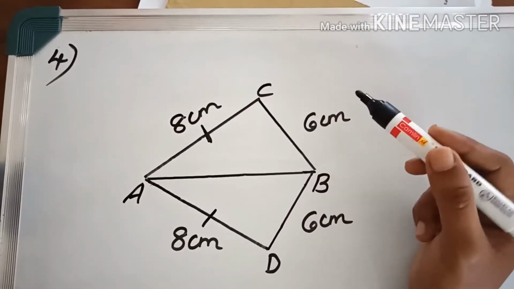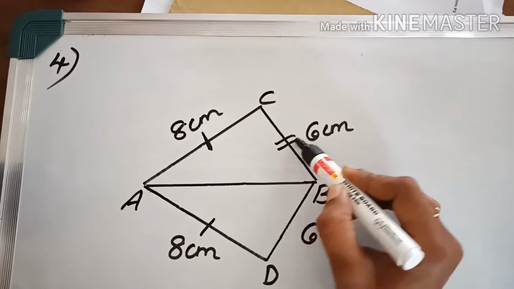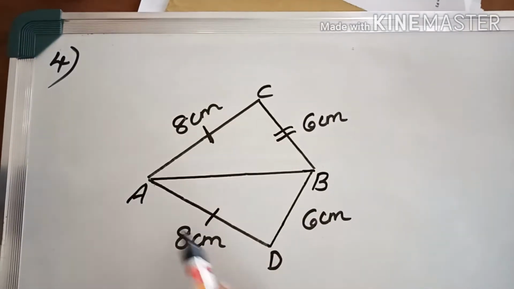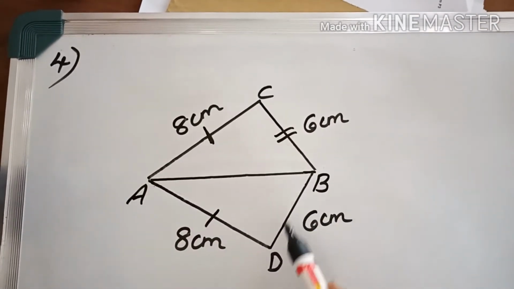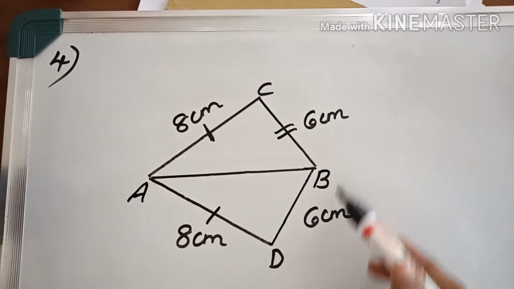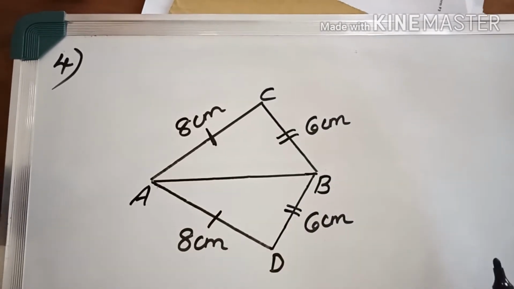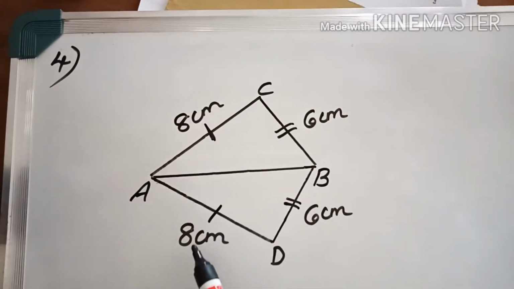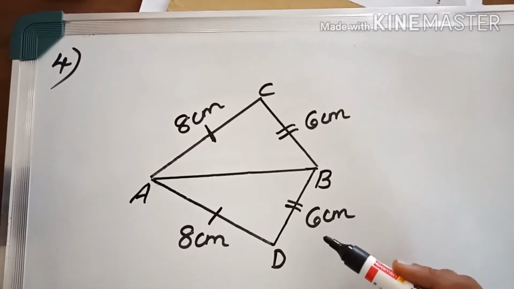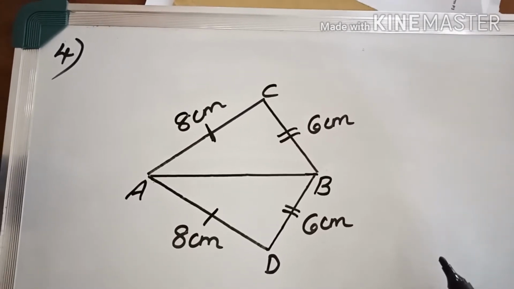Now consider the next side, that is CB, the 6 centimeter side. We can take this side as the second side, 6 centimeter. Now check whether 6 centimeter is here or not. In the second triangle ABD, you can see that 6 centimeter side. The same 6 centimeter side is here in the second triangle also. So the second side is also the same. First side same, 8 centimeter here, 8 centimeter here. Second side also same, 6 centimeter here, 6 centimeter here. But we need three sides equal. Only then can we say they are equal triangles.